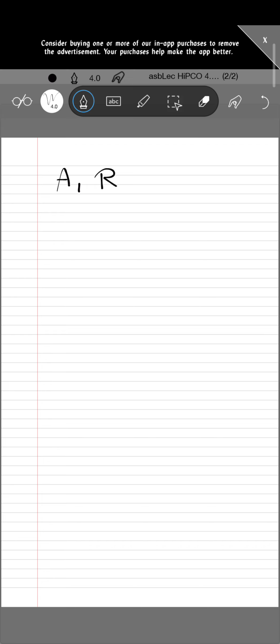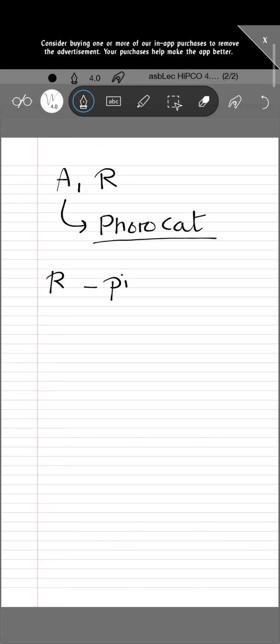And now this anatase phase has photocatalytic properties. Although rutile phase also has photocatalytic property, the anatase has a higher photocatalytic activity than rutile. Whereas the rutile phase is more suitable for pigments, white pigments,